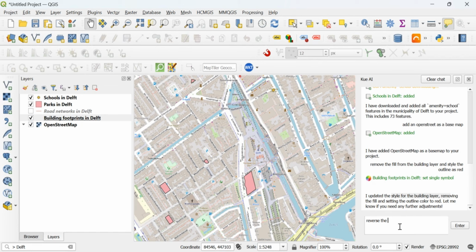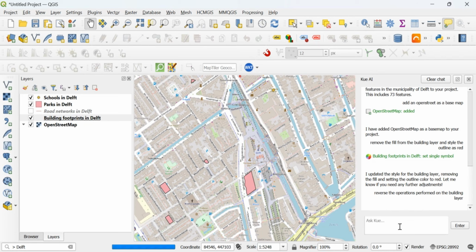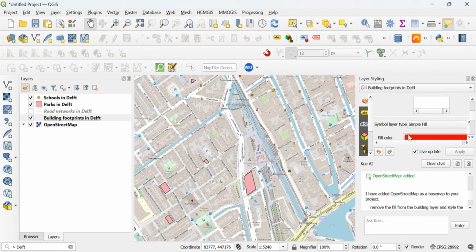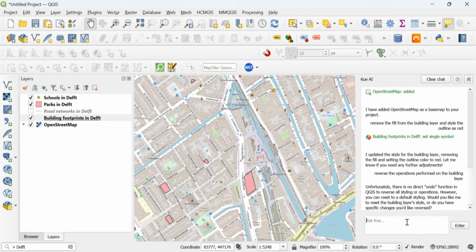So we will reverse the operations performed on the building layer. You will just bring it back to where it was. Okay, there is no undo, so then I would have to just adjust it myself, I think. Let's add a new building footprint with building outline style as red.